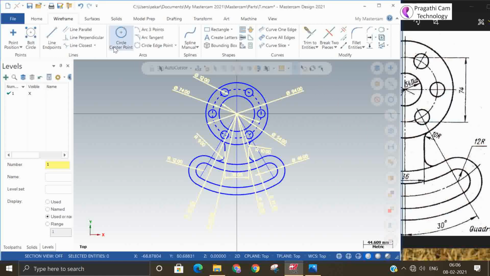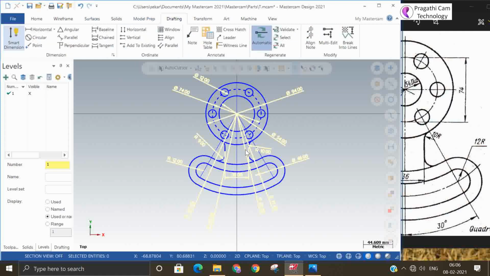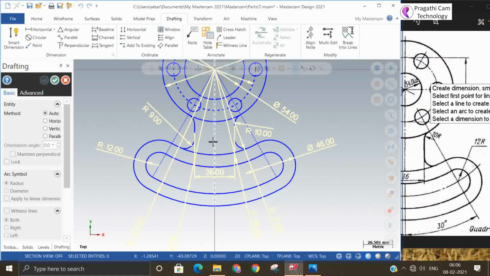Now we can select the drafting dimension, and from this line to this line we will get the angle.